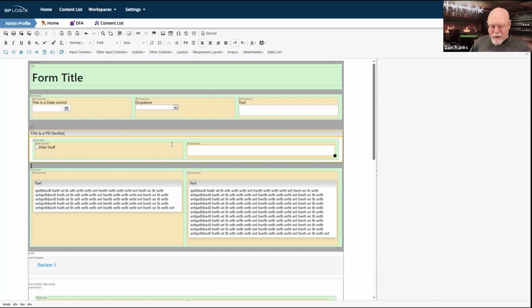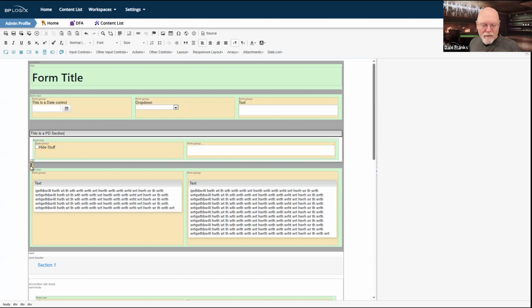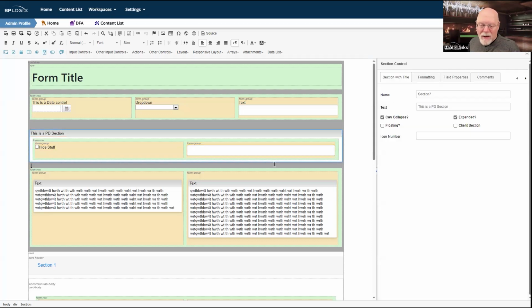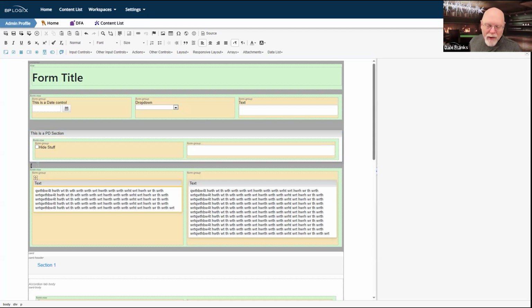Let me go a little further. I've also got an embedded section control here. So immediately below the section control, and in fact, I think it only shows up below the section control. I think I inserted it right here at the very end of the section control. So whenever you do that and you're dealing with embedded sections, like if you put an embedded section end right outside of a table, it always shows up on the row below the table.